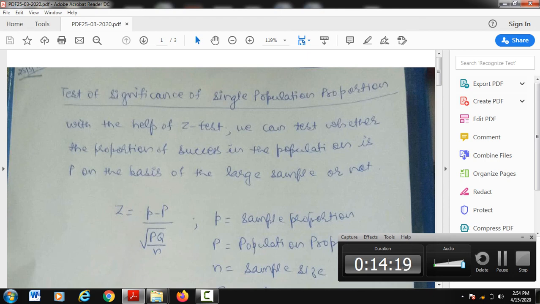And further, the chi-square test is applicable for 1 by 1 data, or if the data is of the form m by n, like 2 by 3, 3 by 2 in matrix form, in the form of rows and columns. If the data is available to you, then we use the chi-square test. So there are many more applications, so we will discuss these applications in my next revision lectures.